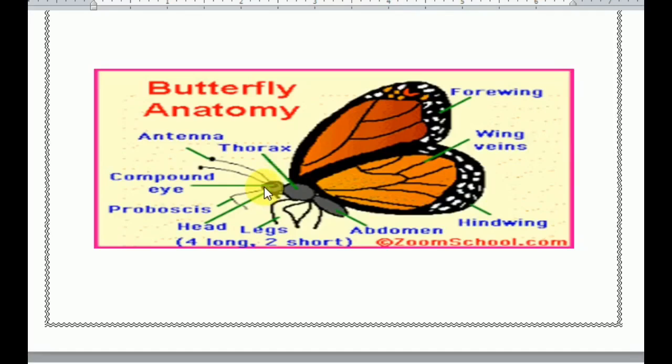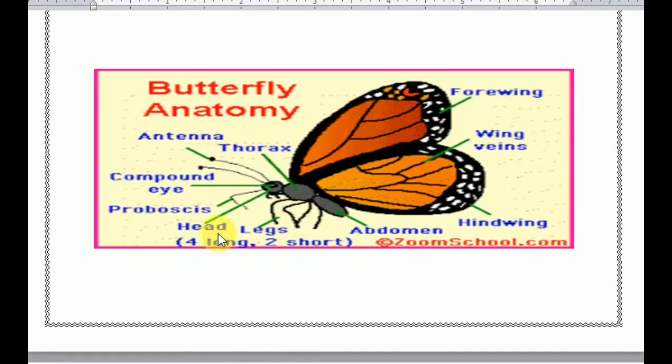But we can see only eyes here, right? Then we use our sense organs to smell, feel and taste. But insects are able to smell, feel and taste with their antennas. Which ones? Their 2 antennas are helping them to smell, feel and taste. And they can see with their eyes.